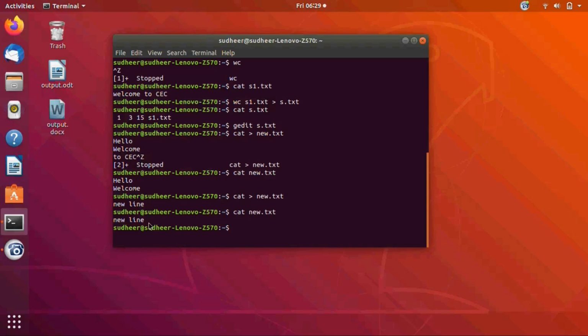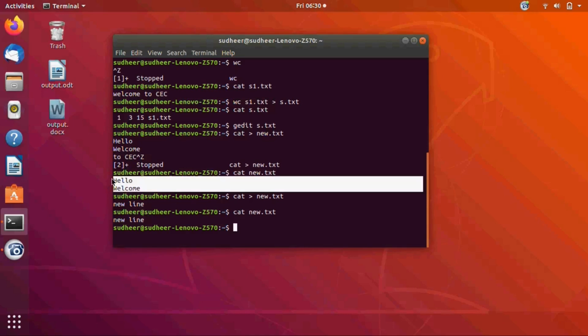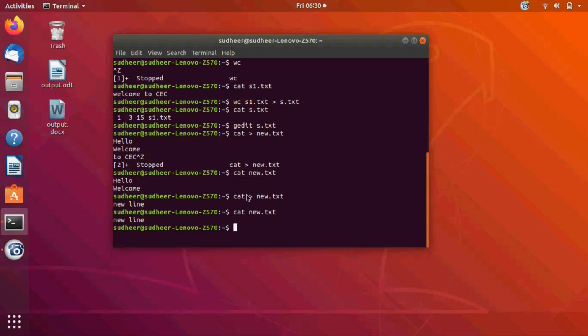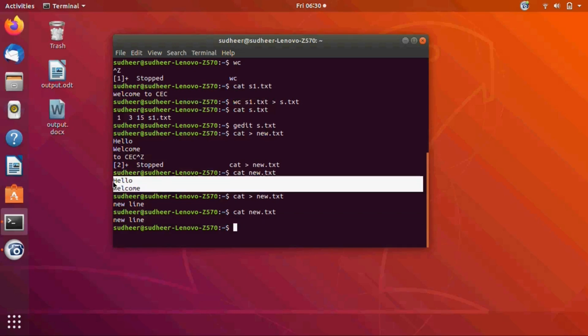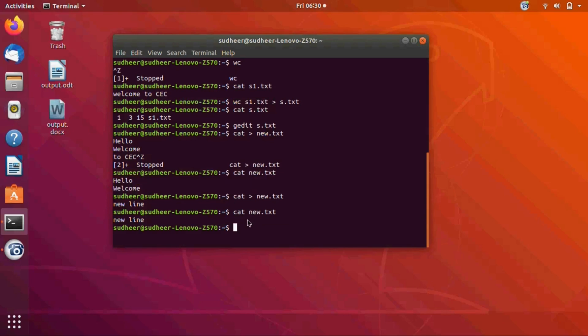Now the file contains only the statement new line. What about the hello welcome? Because the single greater than redirection symbol overwrites the content, so the previous data is removed from the file.